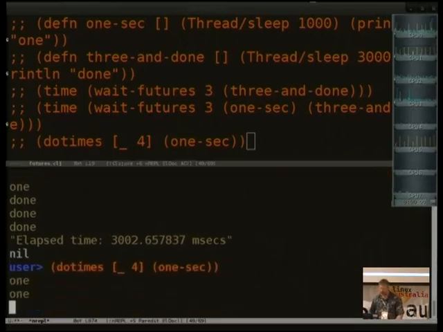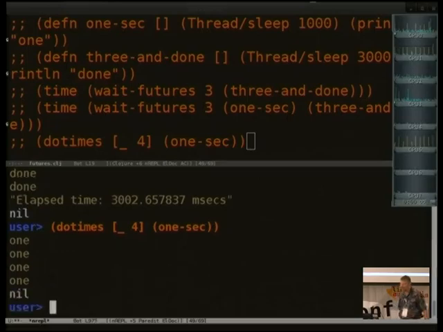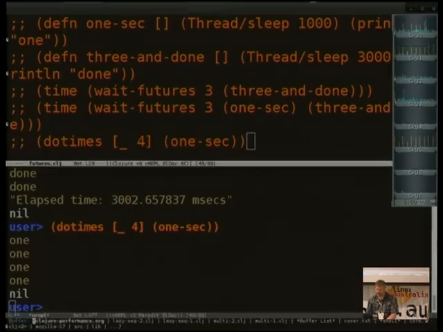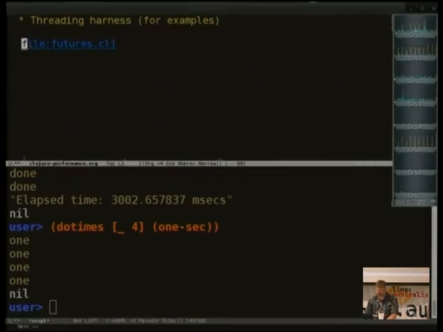This idiom, do times, you could think of this as like a for loop for i equals 0 to, well, i is less than 4, so it just runs this 4 times. So that's what we see there. So now,